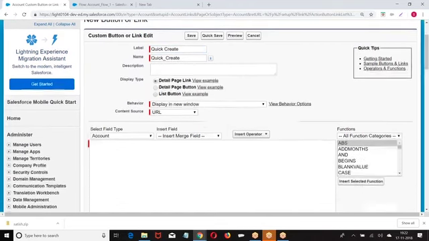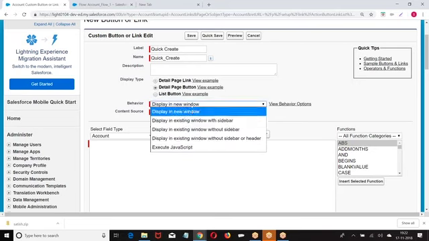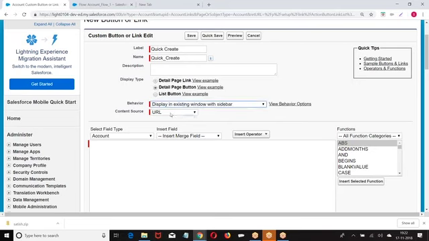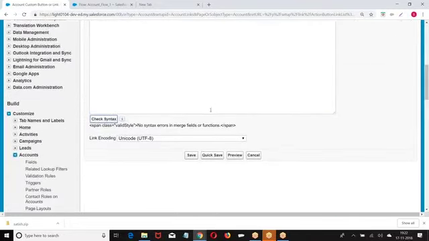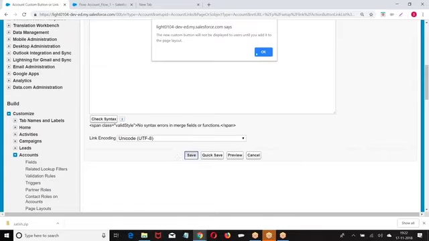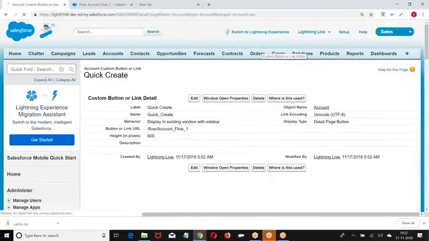This is URL, right? We create a detail page button. Open in a new window or existing window. What is it? On click JavaScript or URL or Visualforce. I give URL, check syntax. So I give the URL. When you click on that, the URL will be opened. Go to the account.